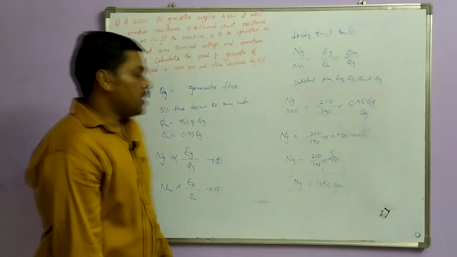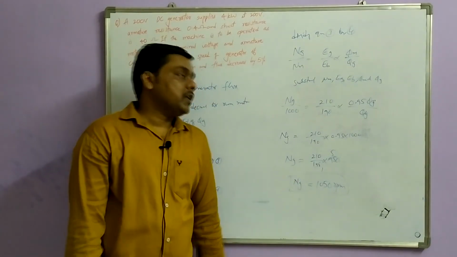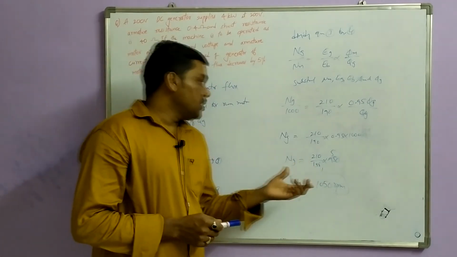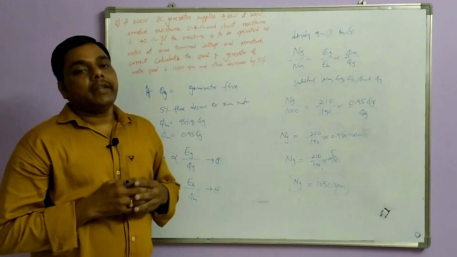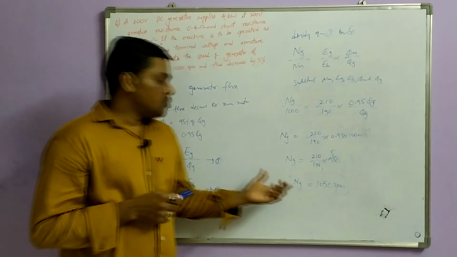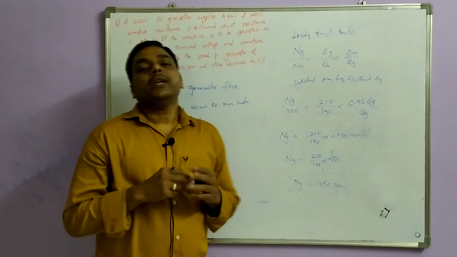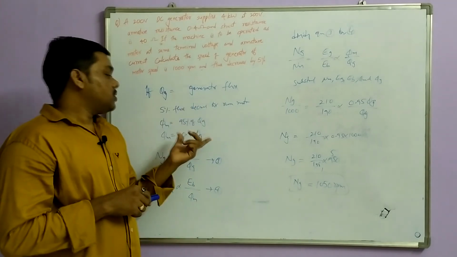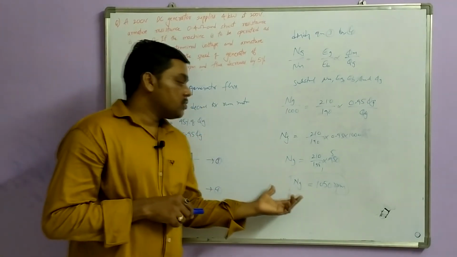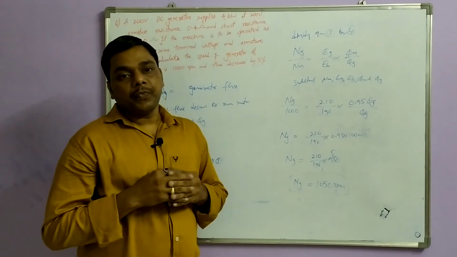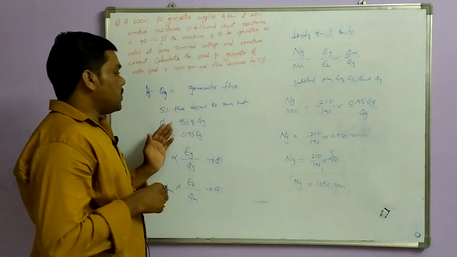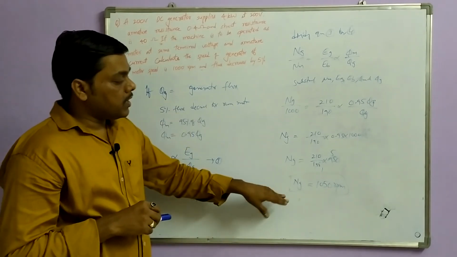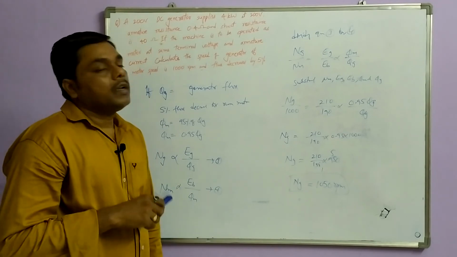Now you can see here, generator speed is 1050 rpm whereas the motor speed is 1000 rpm. Now the generator speed increased since the flux is going to decrease. So motor flux is decreased, so generator speed is going to be increased. So that means in terms of generator the flux is phi g, now it is decreased in case of motor, so speed is going to be increased. So that's why when the flux decreased, you will get the motor speed is going to be increased.